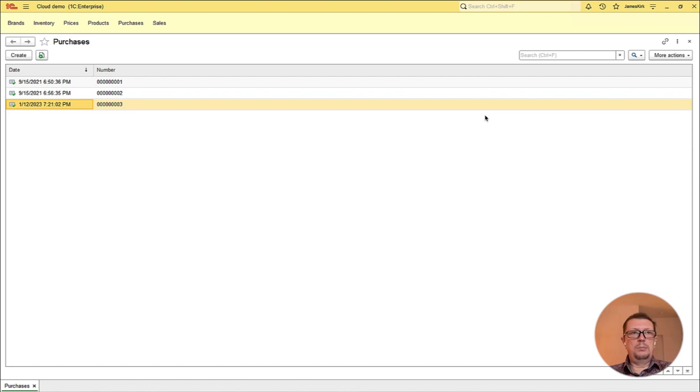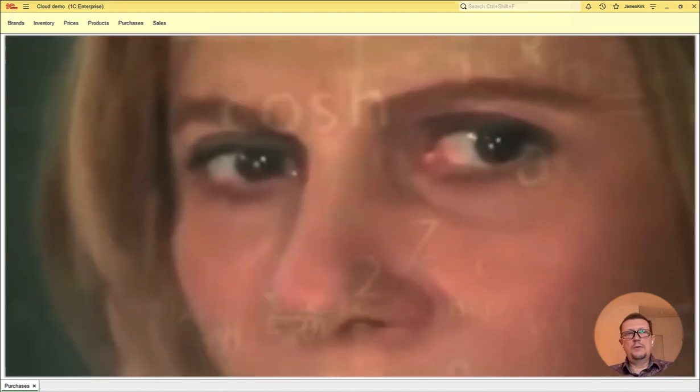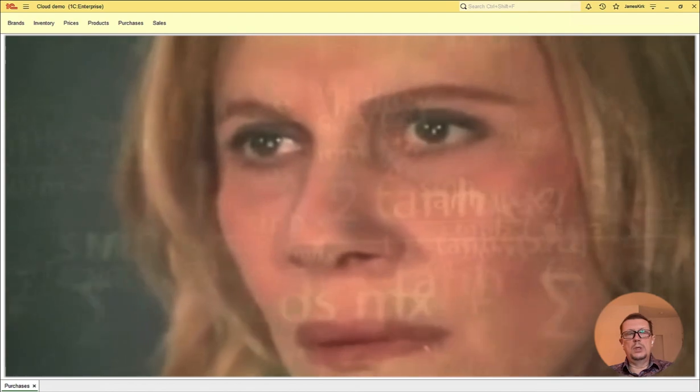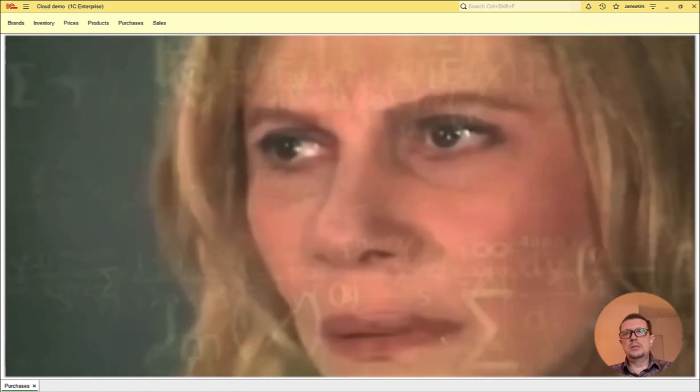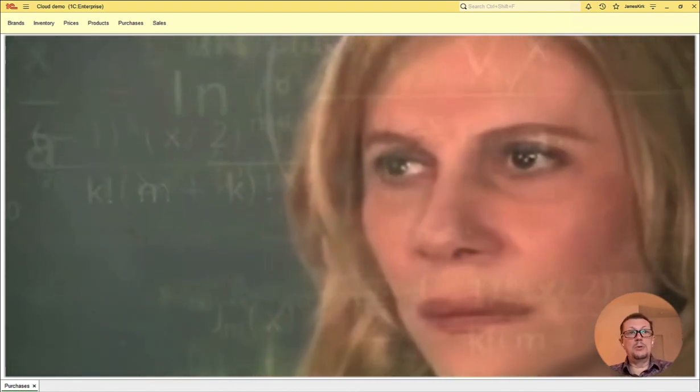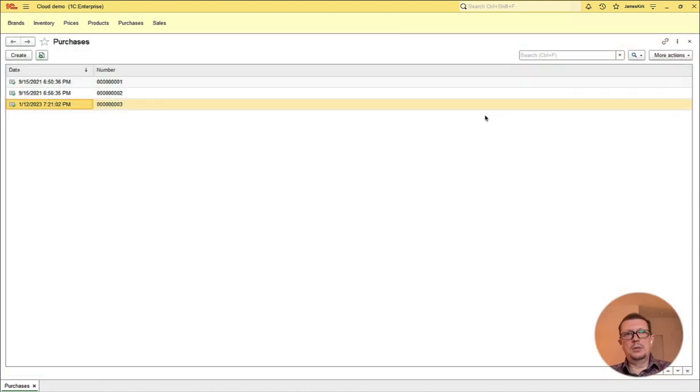But when the application grows and gets bigger, for example, when it's as complex as 1C:Drive, it will take up to 250 megabytes in the memory of your server. So you can make the calculation yourself. When you have 10 clients, it will be 2.5 gigabytes. And when you have 100 clients, it's 25 gigabytes. And you can forget about ever having 1,000 clients because that's just out of reach.